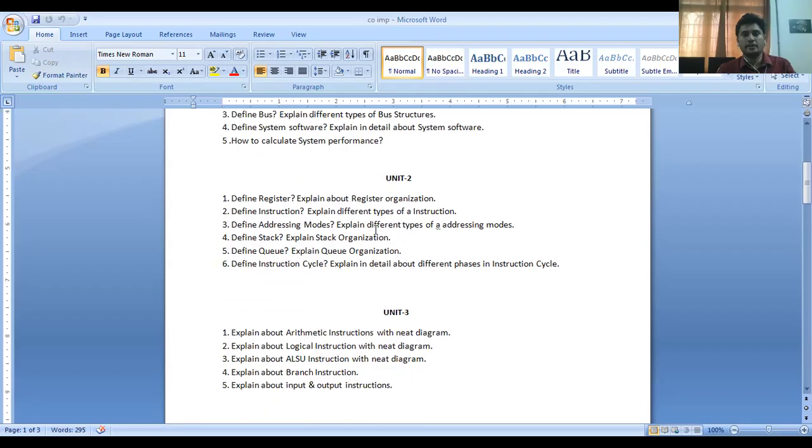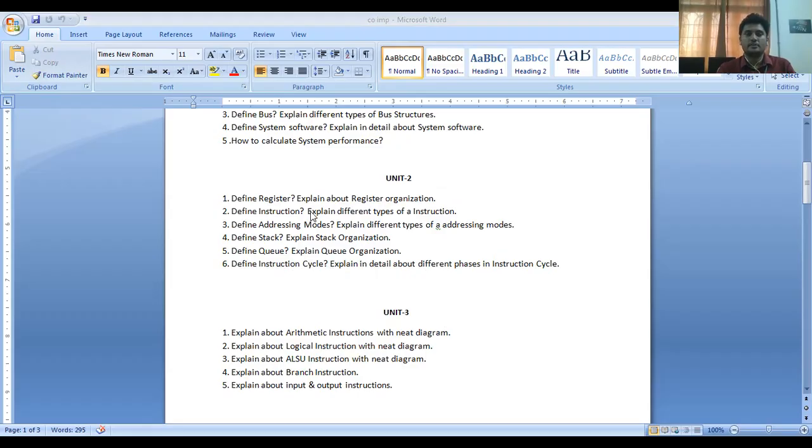Now coming to unit number two. Unit number two and unit number three are all related to the instruction format. In the unit number two important questions: define register, explain register organization, define instruction and explain different types of instructions, addressing modes, stack, queue, and instruction cycle.